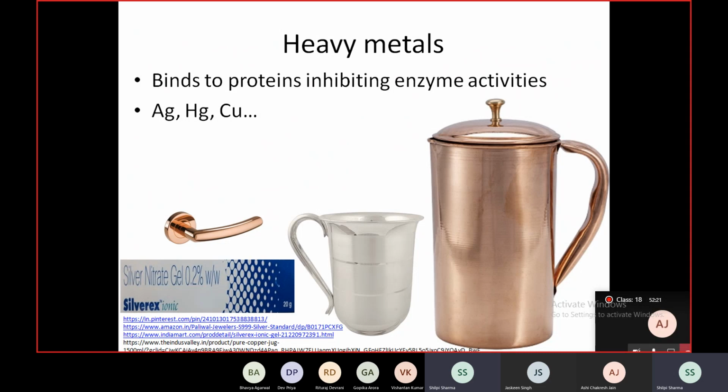And mercury is an example of a heavy metal that has been used for many years to control microbial growth, especially to treat syphilis. But its use has been discouraged with reports on its toxicity and environmental accumulation. So bioaccumulation was reported in fishes and other marine life. Silver has been used as an antiseptic. In fact, earlier drinking water was stored in silver jugs, and now even copper jugs are used. Silver nitrate drops were earlier routinely used in the eyes of newborns to protect them against eye infection.